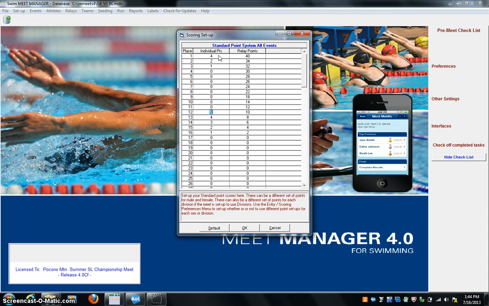Remember, if it's a tri-meet, there's a different scoring, and again, that is in the instruction booklet that I had sent out earlier in the year. Not sure? Again, email me and we can get that to you. Okay, relay points is 6, 3, 1. Alright, and then we zero all those out again. And that's our scoring setup for points. And then we're going to do a couple of things you've got to get set up here before you even bring the entries in. Okay. Alright, and then we hit